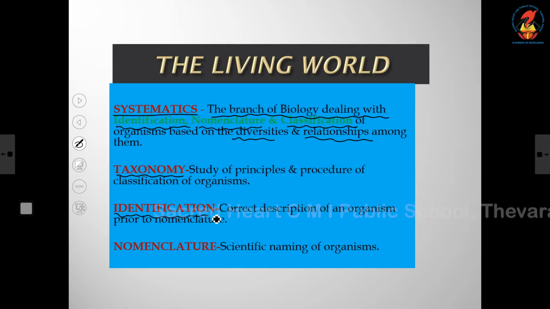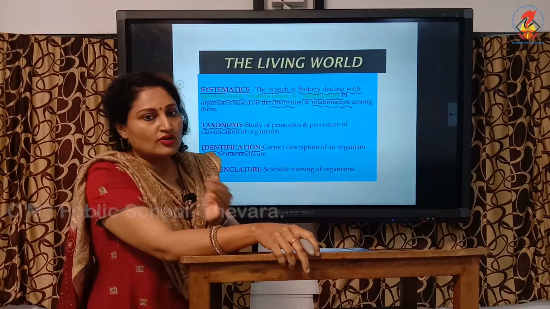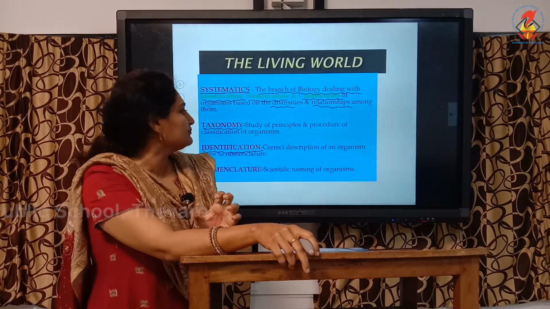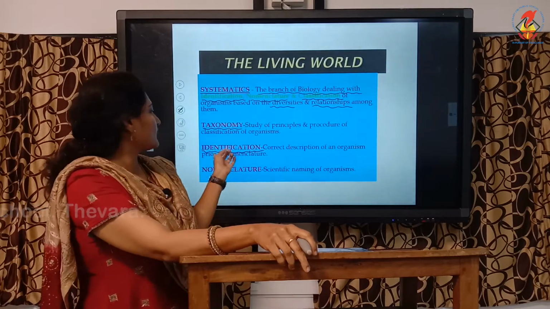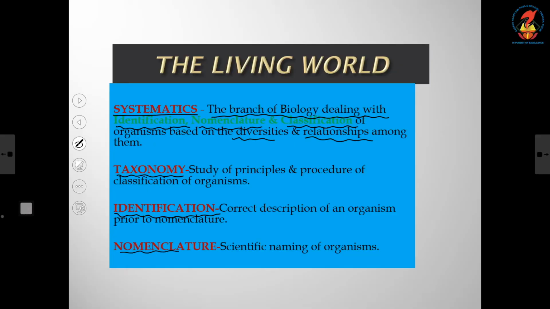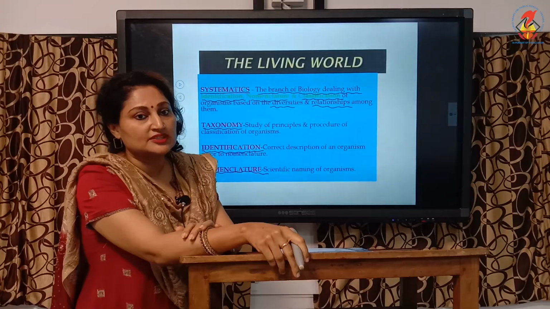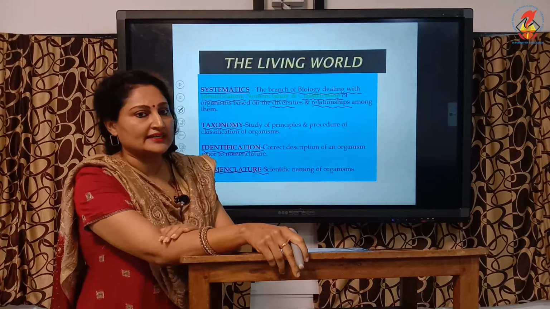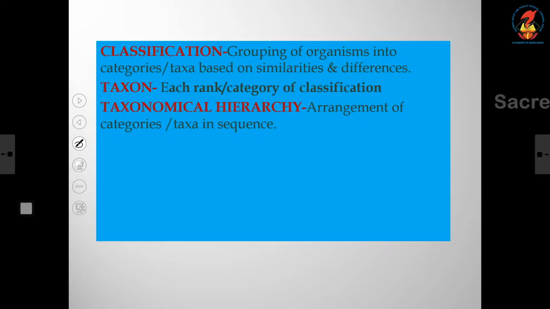Next term, identification. Identification is the correct description of an organism prior to nomenclature. Before naming an organism, we have to correctly describe an organism. This is what is called identification. And next we have nomenclature. What is nomenclature? Nomenclature is just naming of organisms, and that too scientific naming of organisms. Next term,